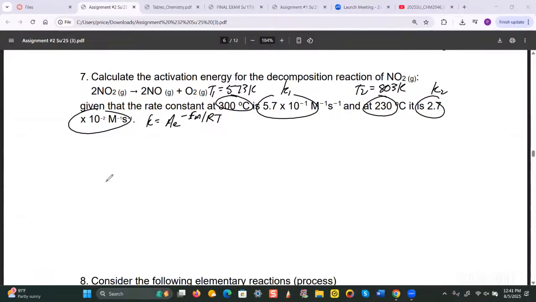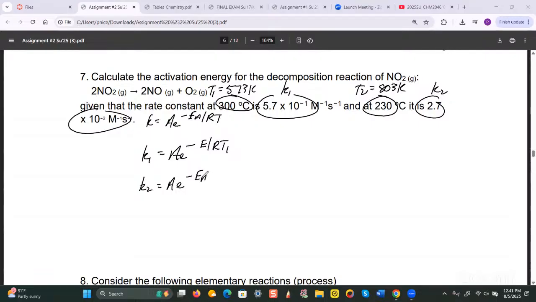Now, basically, for k1, that would be equal to A e to the minus Ea over RT1. And for k2, that would be equal to A e to the minus Ea